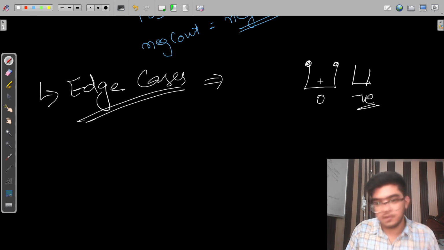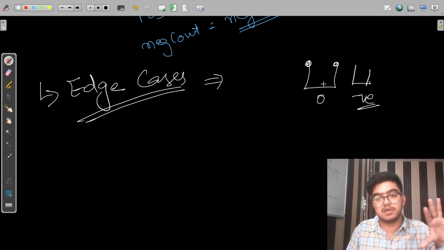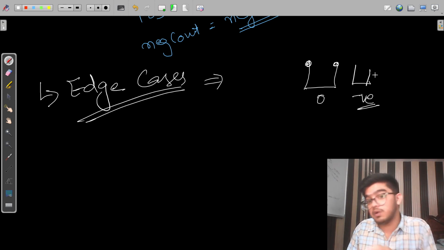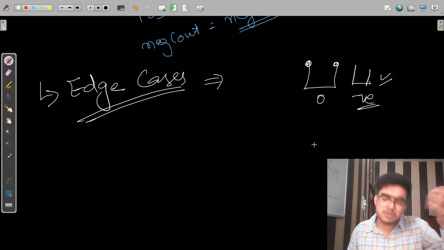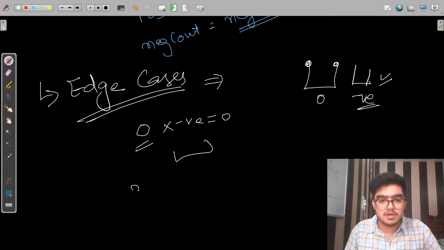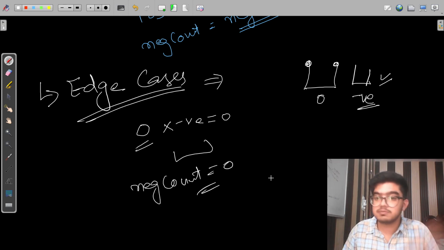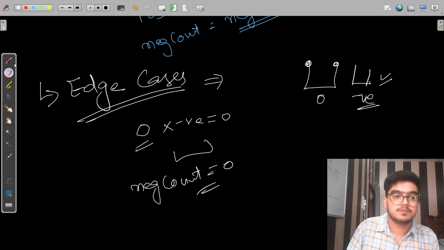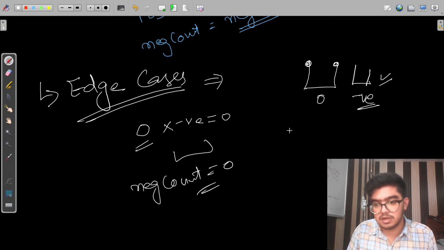Till this point no negative value has been encountered, and now I get this negative value. So you have zero negative values and you get one, it becomes zero. In that case, whatever the negative count, you have to make it zero. That is obvious, right?